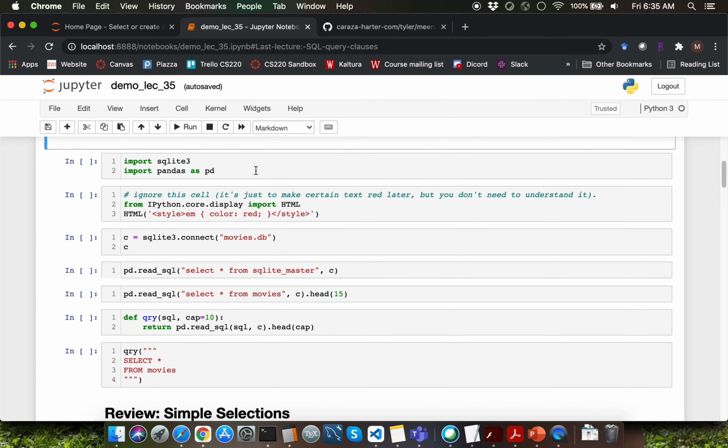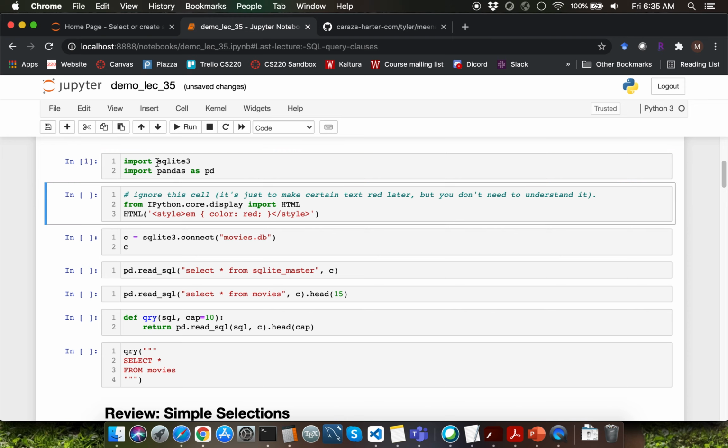Let's get started by doing a quick recap of the modules that we need. Recall that we have been using the SQLite 3 module in order to establish a connection with the database file. So I'm going to import sqlite3. I'm also importing the pandas module with the abbreviation pd. Recall that pandas interfaces with the sqlite3 module. We are going to use pandas to execute SQL queries in order to obtain the return value in the form of a pandas data frame.